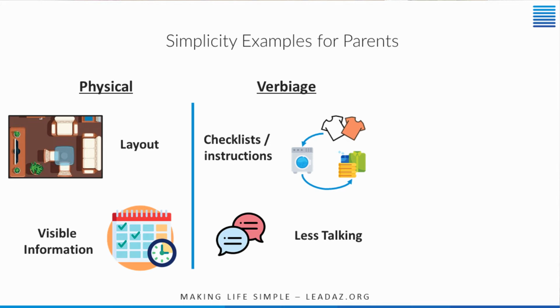Because when you say do the laundry, they're going to do the easiest thing that they possibly can, which is just do the laundry. Maybe that means just wash it. They might not even realize that you mean to dry it, let alone to take it out of the dryer, then to fold it, to put it away, right? All of these are steps. All of these add more confusion to it. But if you lay it out for the child, that makes it easier.